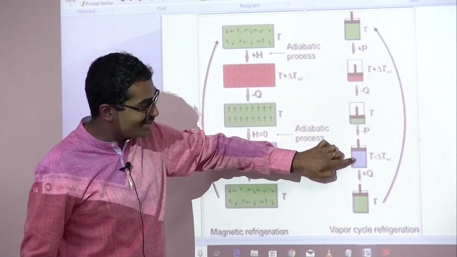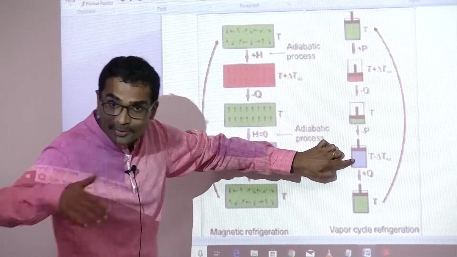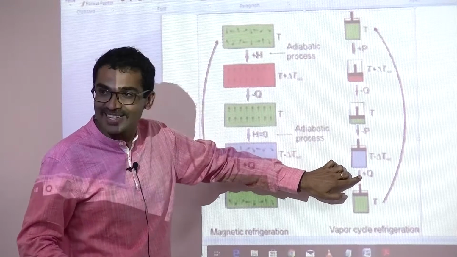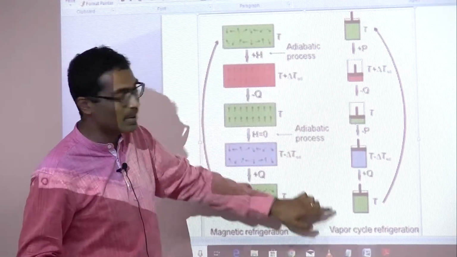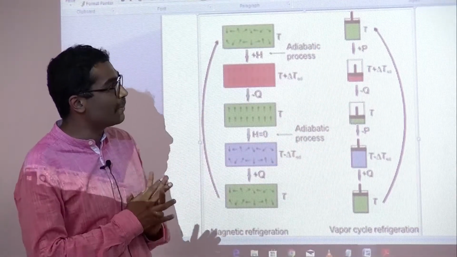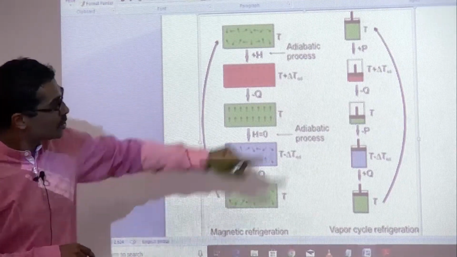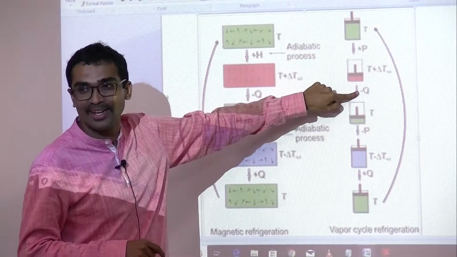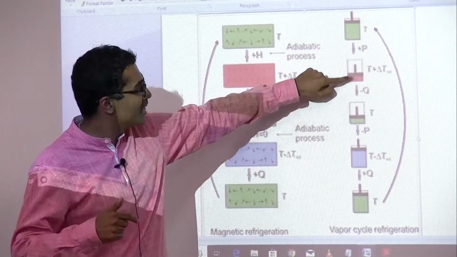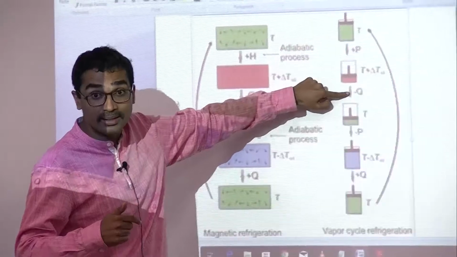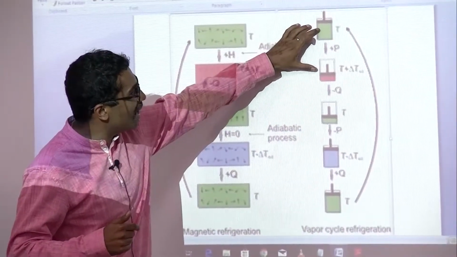It becomes colder. It's in contact with this room, and hence it extracts heat, and so on. So which one is the isothermal process and which one is the adiabatic process as far as this is concerned? Wherever there is heat exchange, clearly what kind of process is it? So this T plus delta, so here in this particular case, so I have